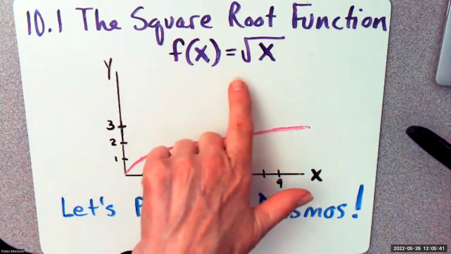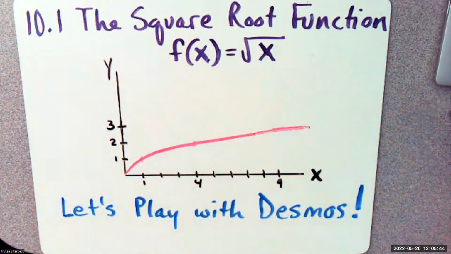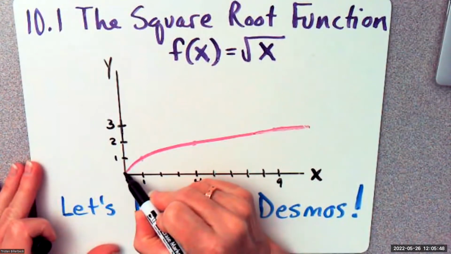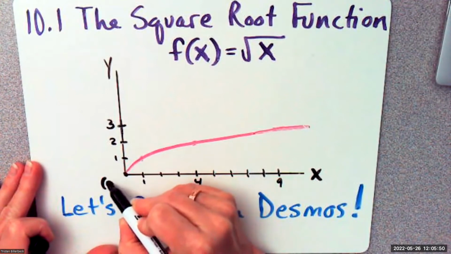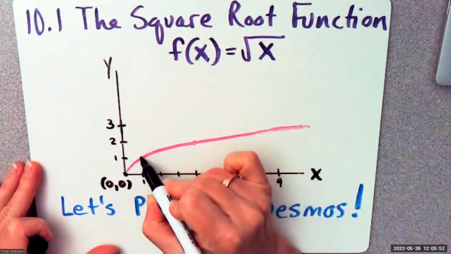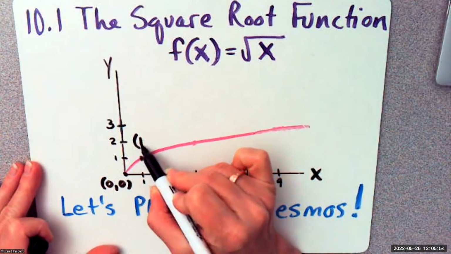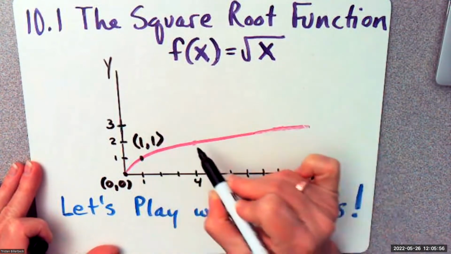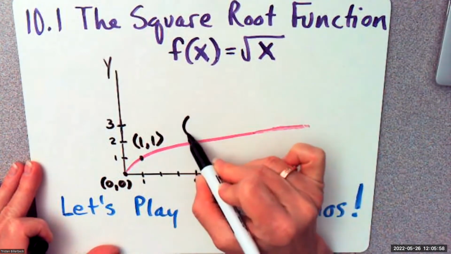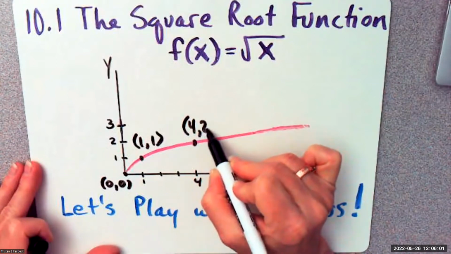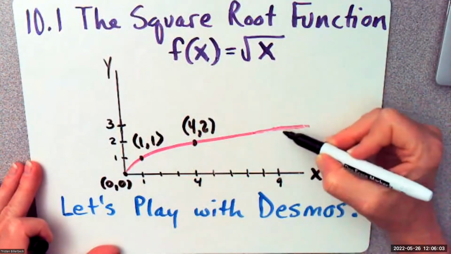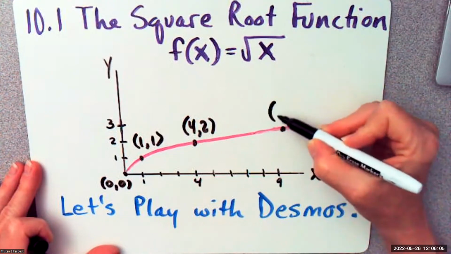We are going to talk about the square root function in 10.1. So we have f of x equals the square root of x, and it looks something like this. We have this point here at (0, 0), this point here at (1, 1), this point here at (4, 2), and then we have this point here at